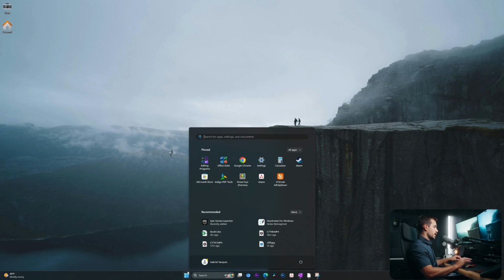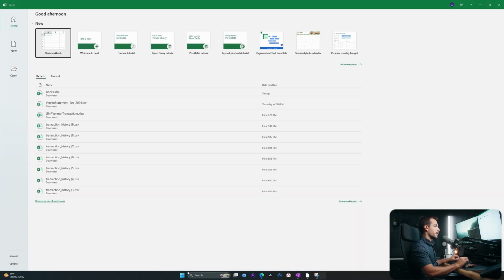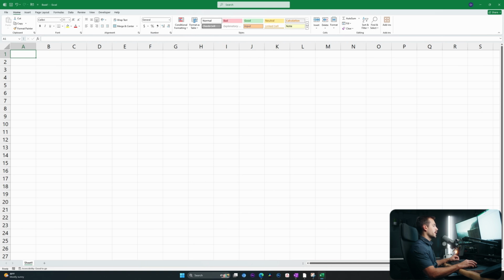So I'll hit my start key and let's just go ahead and open up Excel. We're just going to start in a blank workbook. Now, the very first thing that I'm going to do is I want to actually go ahead and create a title, and I'm going to do some basic formatting and cleaning up to make this look decent. So we'll go ahead and start with the title. We'll call this Video Production Budget Calculator. Perfect. And then maybe under this, I will have a generic project name,